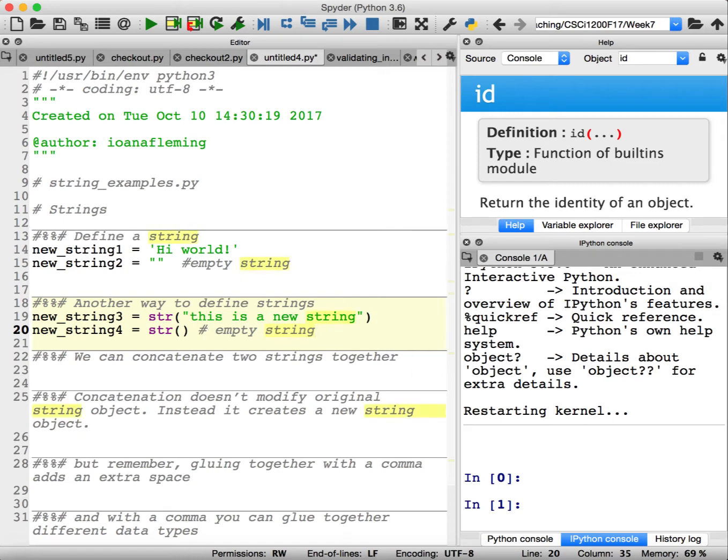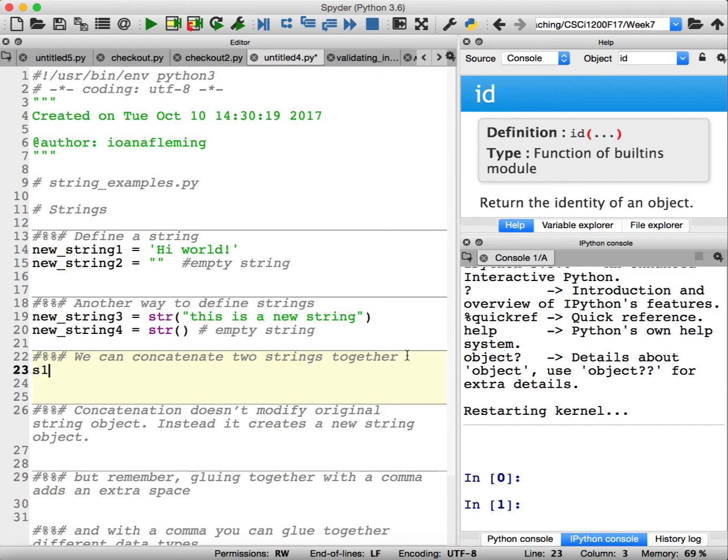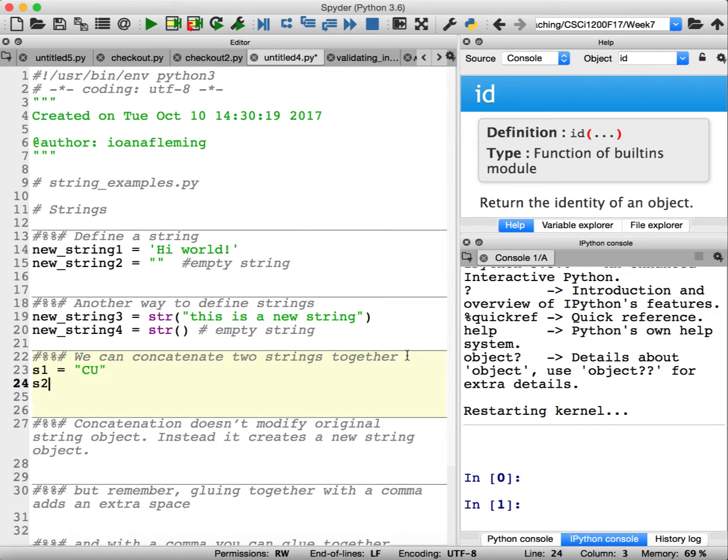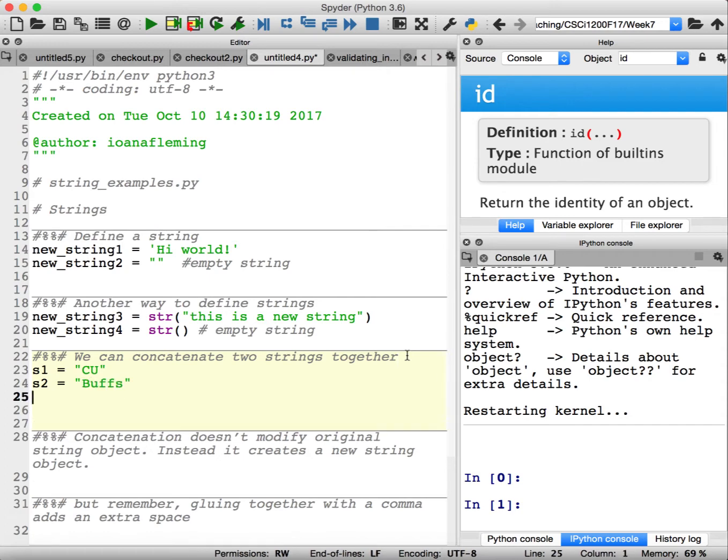Okay, besides creating strings, what else can we do? What operations can we use with strings? We can use the plus operator. The plus operator concatenates two strings together. Let's watch this. Let's say string1 has the value cu, and then string2 has the value buffs. Then we can create another string, for example string3, and if we say string3 equals string1 plus string2,